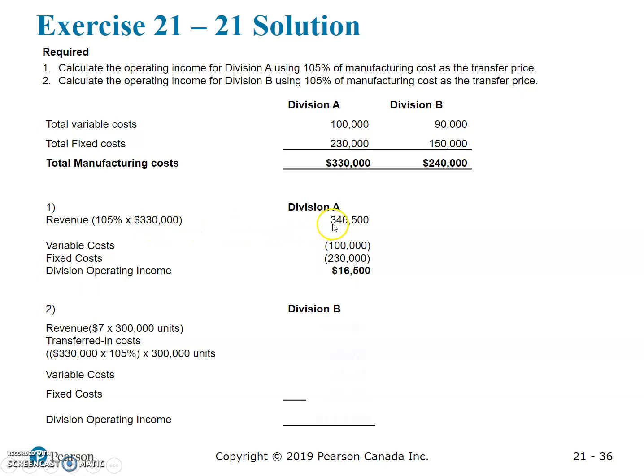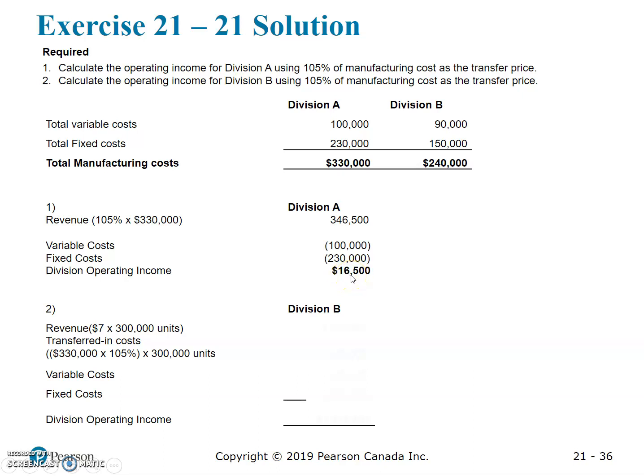Hence, Division A's revenues are $346,500. When we subtract the variable costs of $100,000 and fixed costs of $230,000 for Division A, we arrive at Division A's operating income of